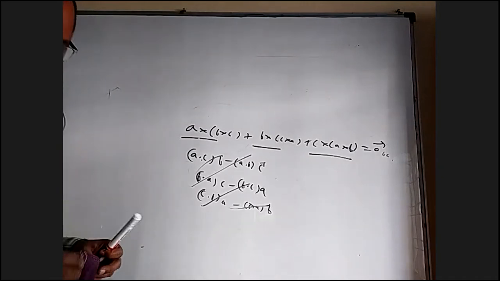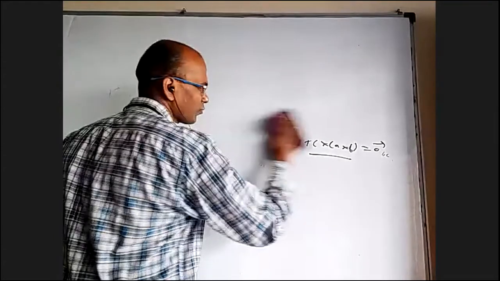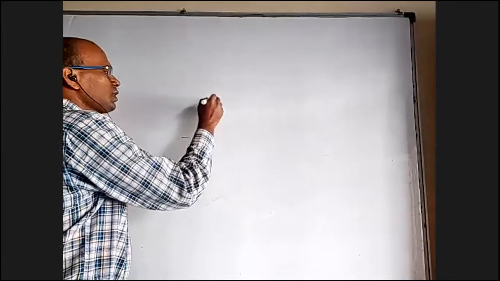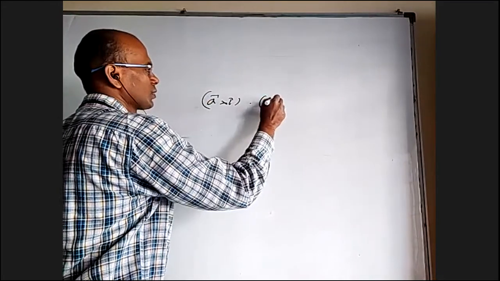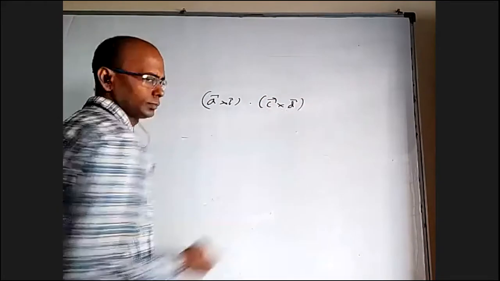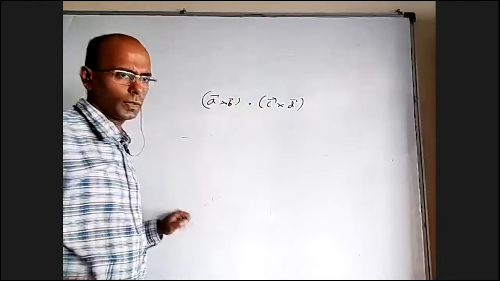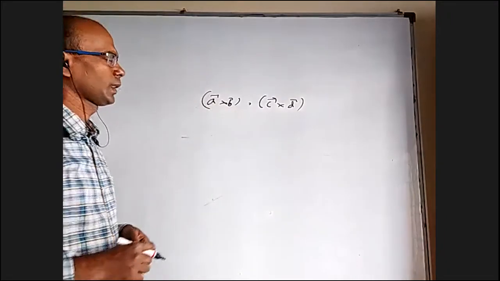We have not discussed the scalar triple product. That is the product of 4 things. That is the last one. If I want A bar cross B bar dot C cross D, this is a vector, this is a vector. Final answer is a scalar. What is the formula for it?